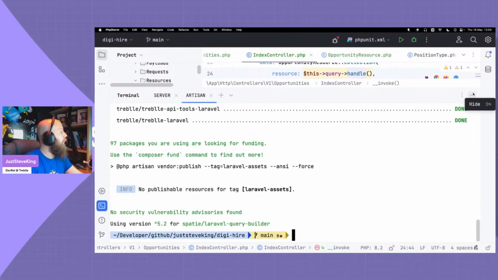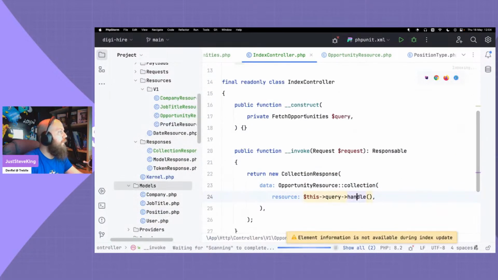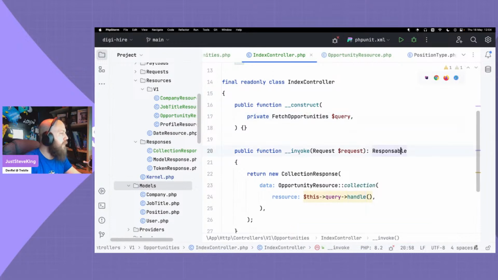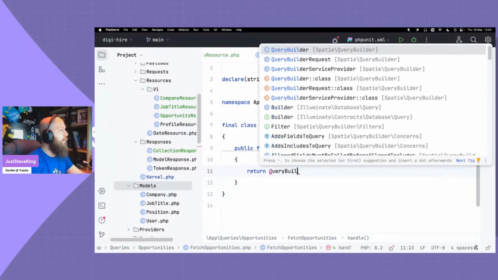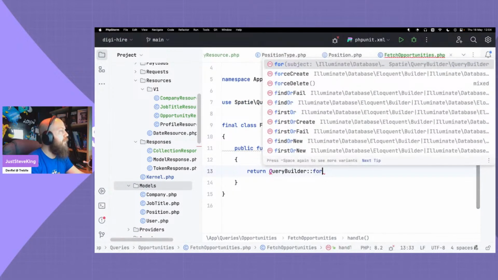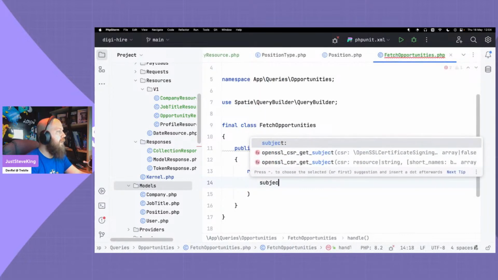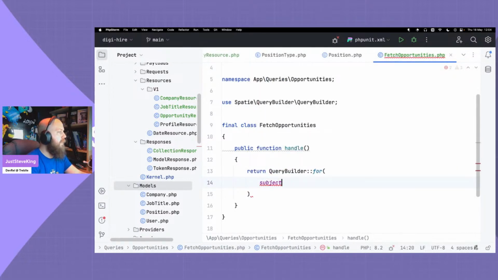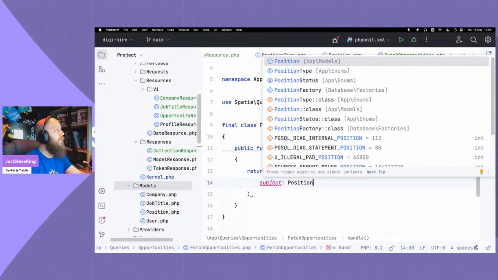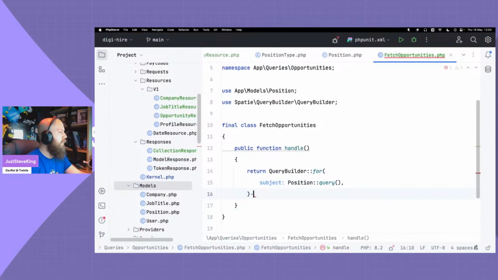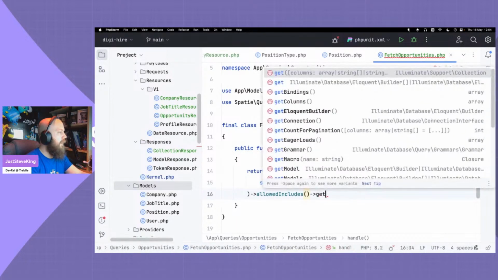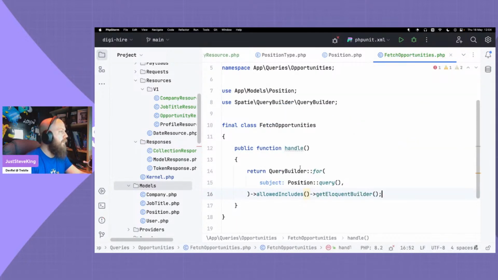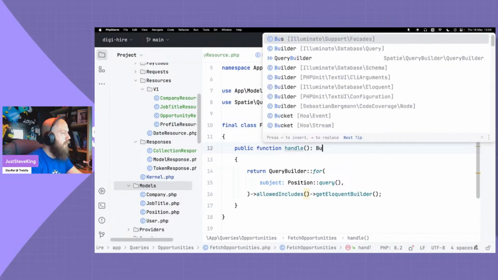That is all loaded, so that our query itself, navigation isn't available, blah, blah, blah. So return query builder for the subject is position query, allow includes get eloquent builder. This is going to return builder,